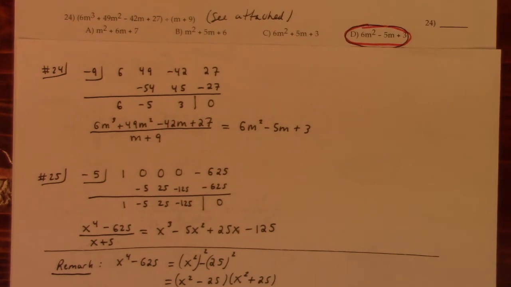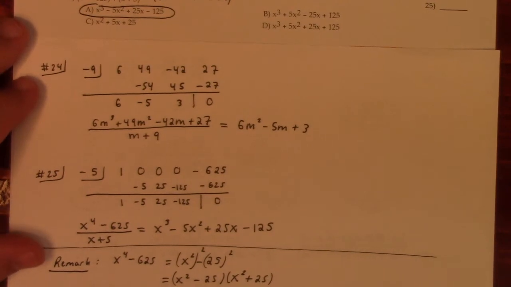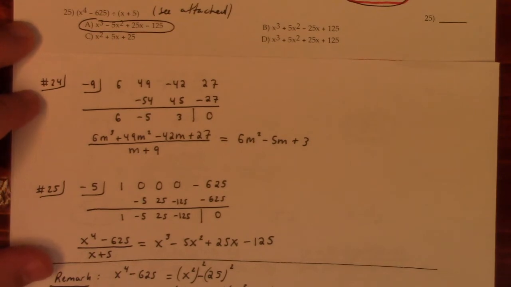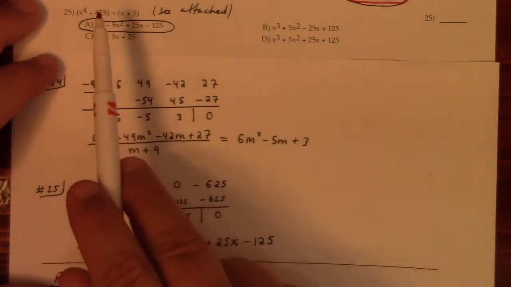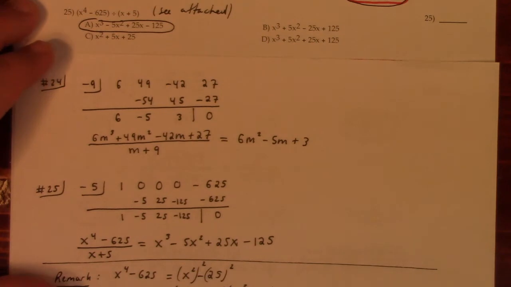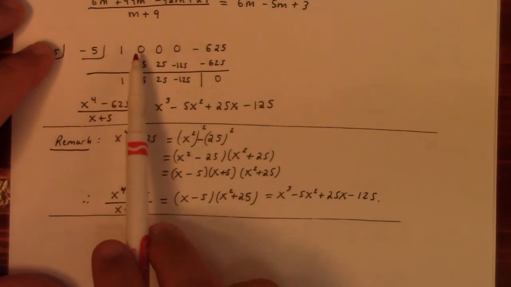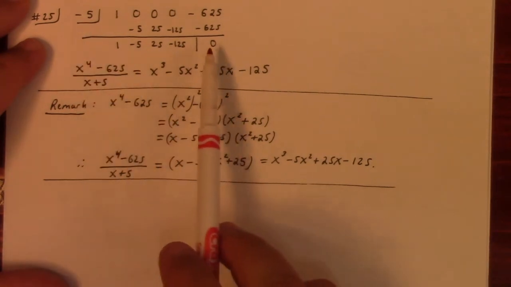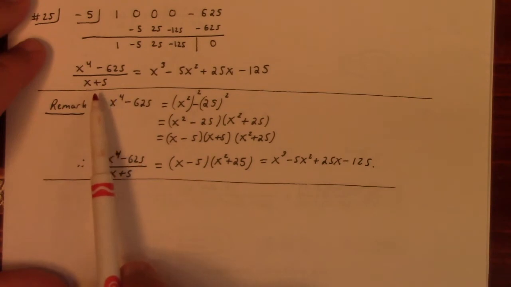And then 25, I'm not sure if you can see. There's 25. So notice that you're missing x cubed, x squared, x and 0. So when you write the synthetic division, it looks like this: minus 5, 1, 0, 0, 0. All right, and so then I go through the synthetic division. I get these are my numbers, which tells me that x to the fourth minus 625 over x plus 5